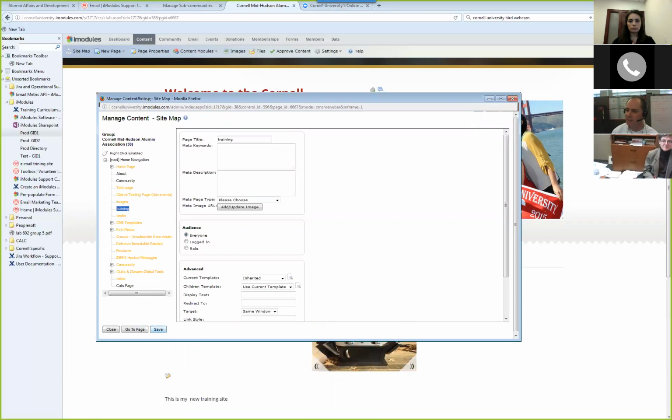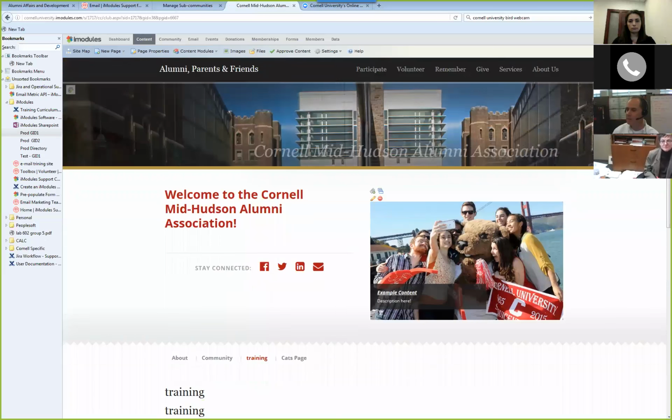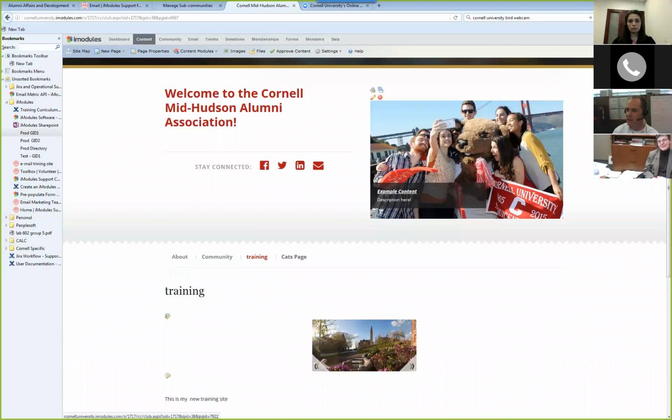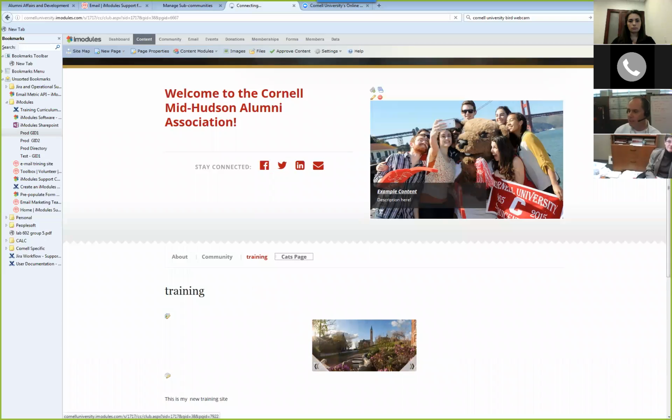If I hit save and I hit close, watch what's going to pop up. Cats page is right there. All right, so now it's shown up. Again, if a page doesn't show up, go to the sitemap, and then look here, all right? Now, all the pages that are visible are in black. And you can just say to yourself, hey, what are these yellow pages? I'll get to that in a second, but that's how we can hide a page and unhide it. And that'll allow us to work on a page and nobody can see it until we want to make it visible.